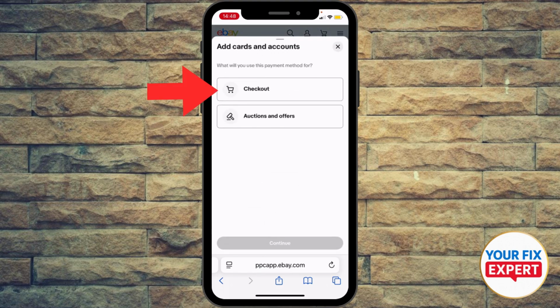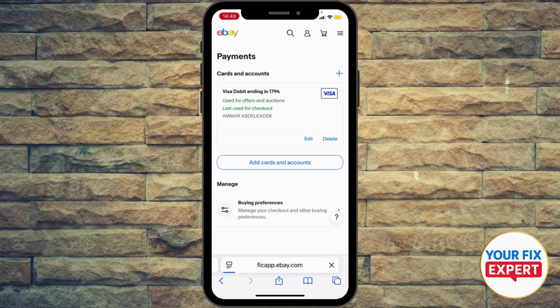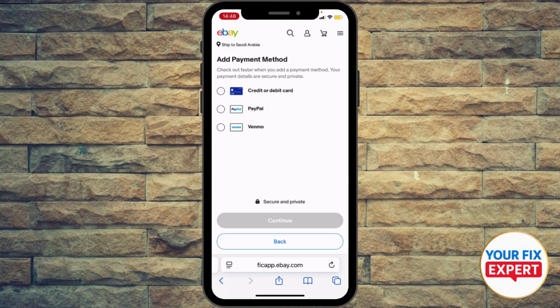Right, you can add cards and account, checkout, auctions, and offers. Just go ahead to the checkout, hit continue. You're gonna go ahead and add your credit or debit card, PayPal, or Venmo. Right, and once you hit it, you're gonna be able to hit save, and now you linked bank account to